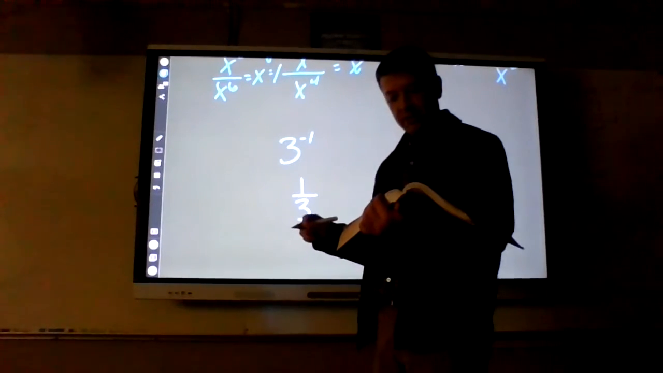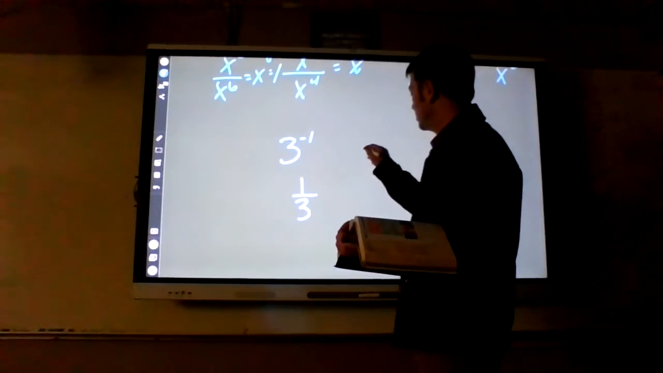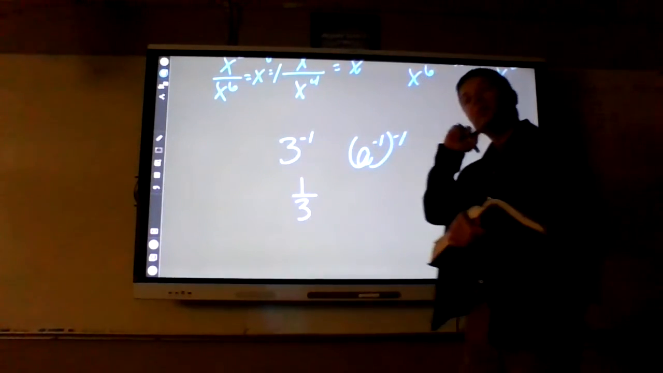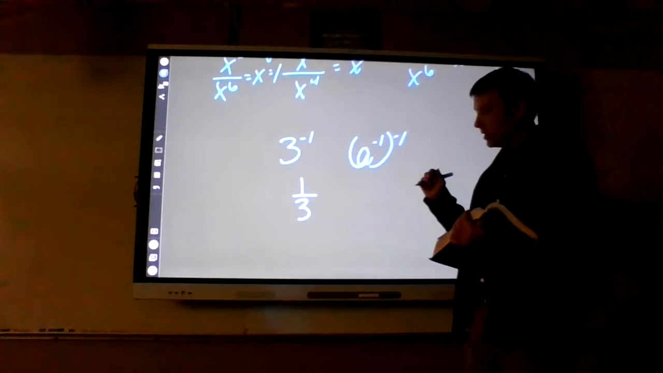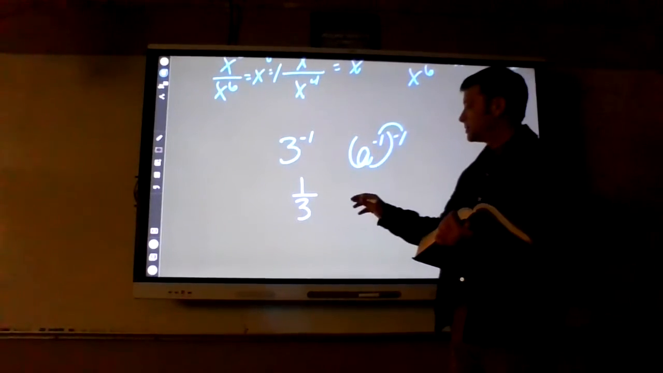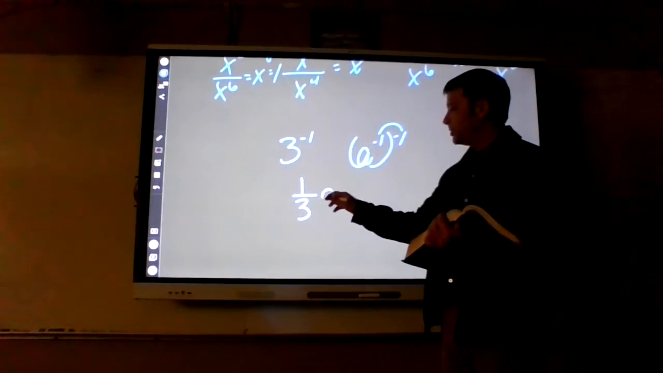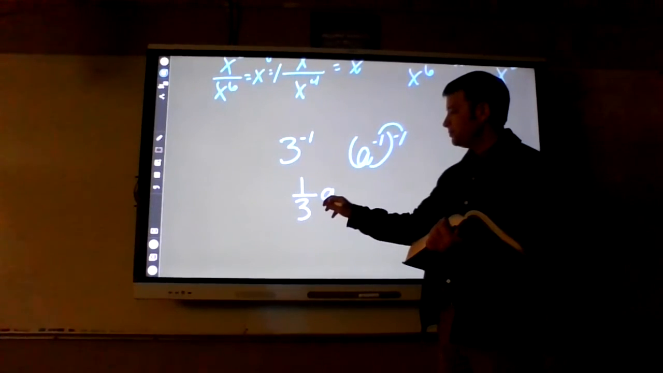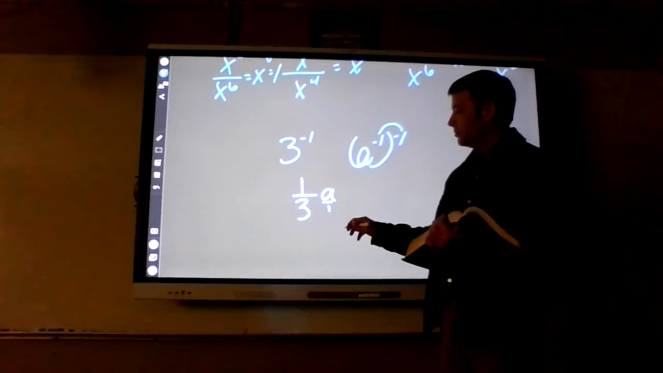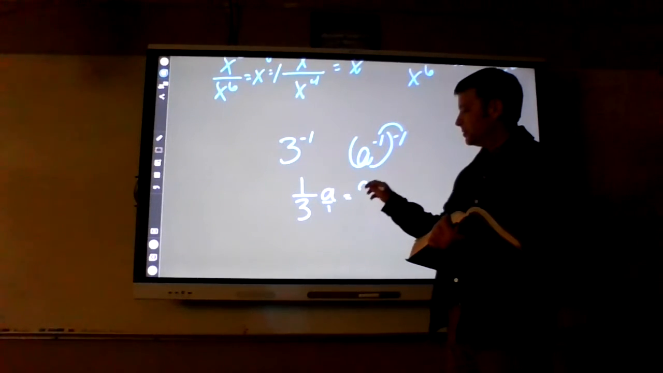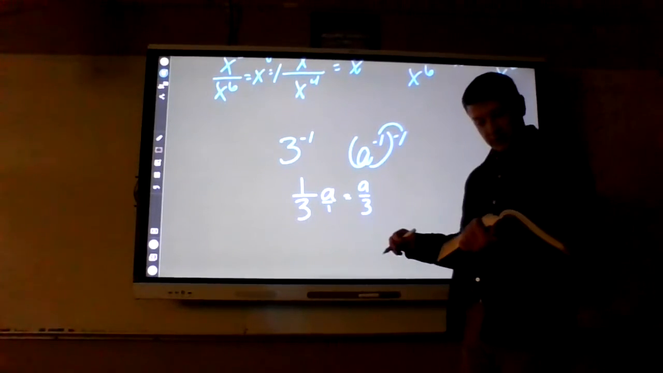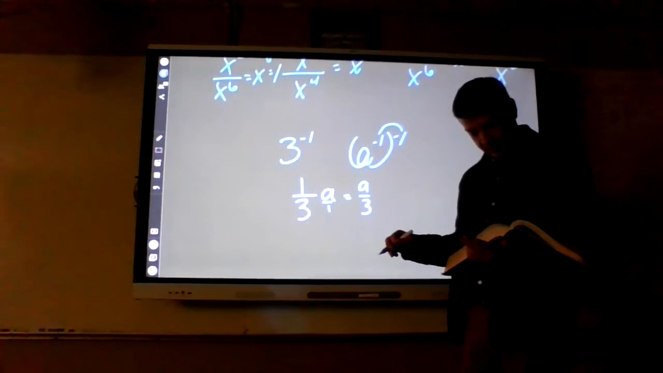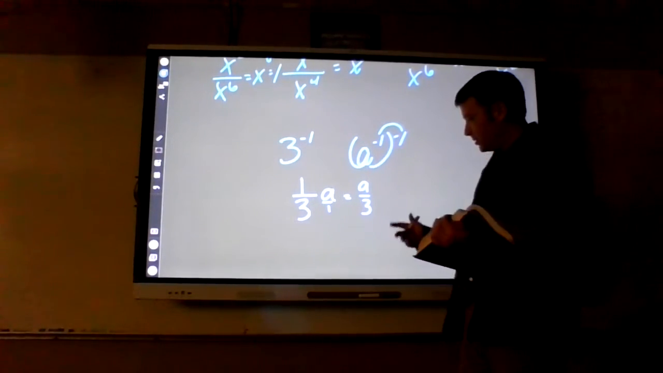And what is a to the negative 1 to the negative 1? Wait, this is 7a, right? Yeah. It's a to the 1, so it's just a. So you could put 1/3 a, or, you guys know another way to write that? 1/3 times a over 1. A over 3. Let's see, what did the book put? They hid the answer for you. They put a over 3. Alright,